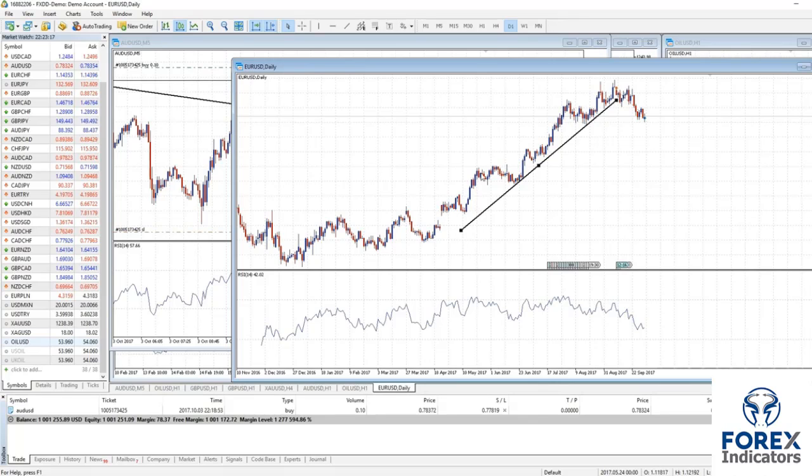If you were waiting for a good opportunity for this pair to short, there's no point in shorting it just because you think it's a high. There's a lot of traders out there who are trading just based off of what the price is. Ignore the price. You have to wait for lots of confirmation. So there's no point in going into a short position unless this rising trend line has been broken. Right? So now that we finally saw this trend line break, well, now this might be a good opportunity